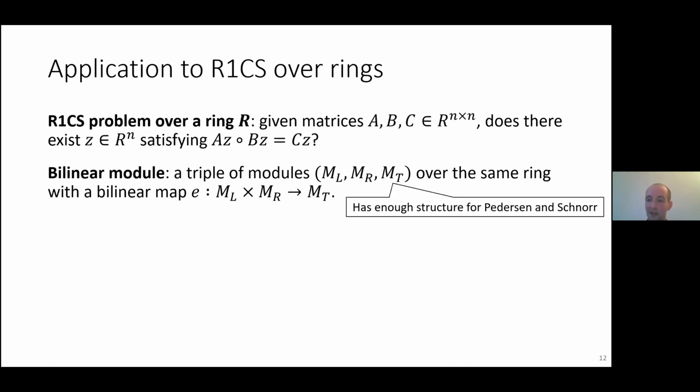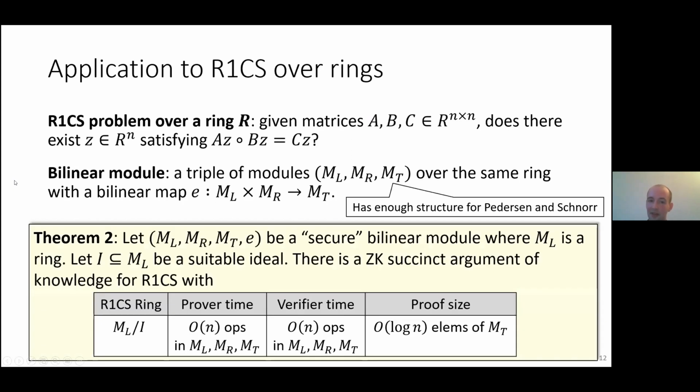And then if you have this very abstract setup, then basically you have enough structure to define some version of Pedersen commitments over the modules. And you can do things like run Schnorr protocols over these modules. And then, given that we'll be able to give arguments of knowledge for reasoning about things like Pedersen commitments and more general scalar product commitments over these modules, we'll be able to get an argument about